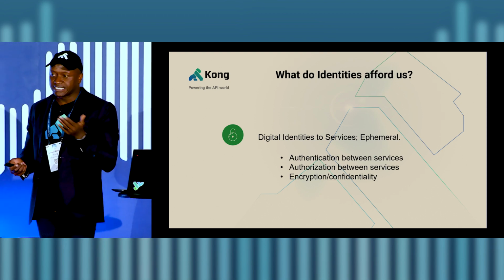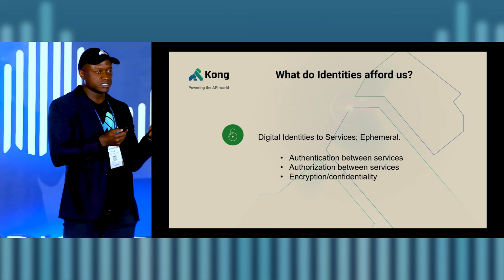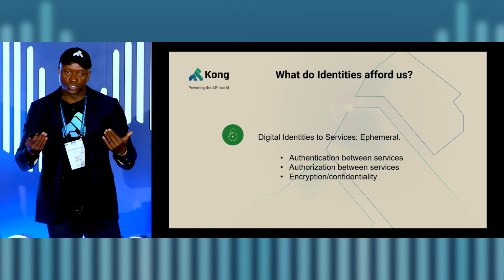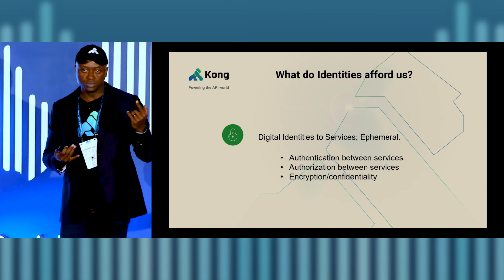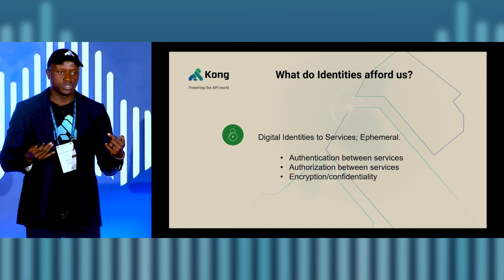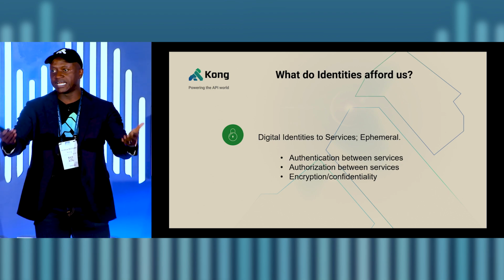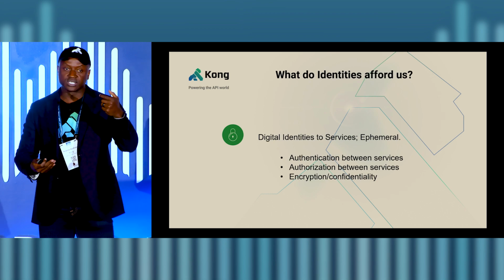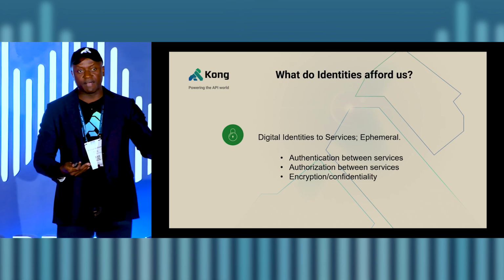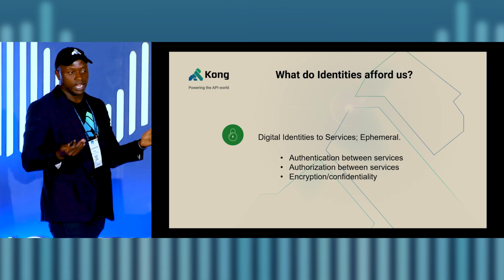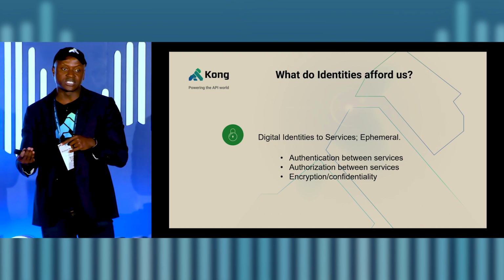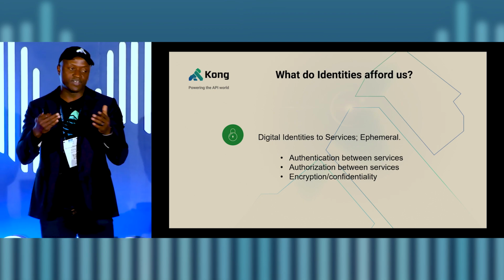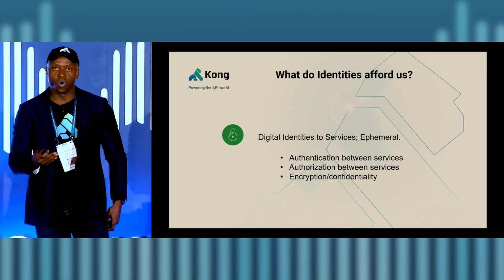Okay, so let's talk about what identities afford us. And this is the big changer. Once we begin to assign identities to our applications, the first thing is that they're ephemeral. Ephemeral means that some mechanism exists that assigns an identity to an application, and that identity can change every 15 minutes, every 30 minutes, every 45 minutes. From the perspective of the adversary on the network, if you compromise that credential, it will change in 15 minutes, and you have to do that again. And eventually, our security apparatus should trigger or catch what he is doing.